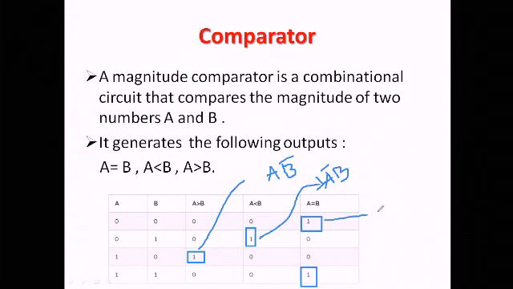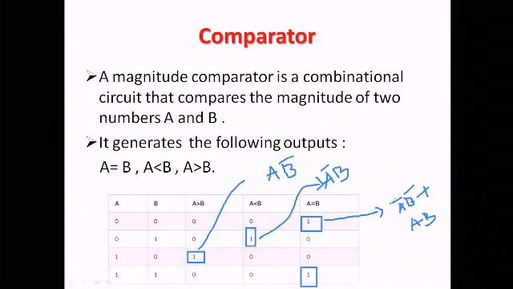And this one, these 2. So here there will be 2 cases. The first one is A bar B bar plus AB. Why? Because this one corresponds to A is equal to 0 and B is equal to 0, so it is A bar B bar, and this one is when A is equal to 1 and B is equal to 1. This 1 1 case means AB.